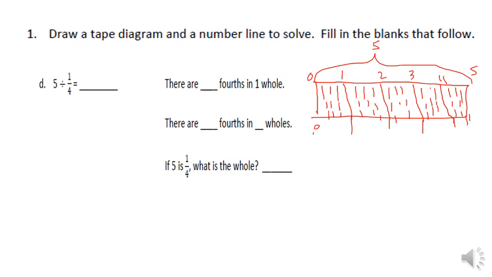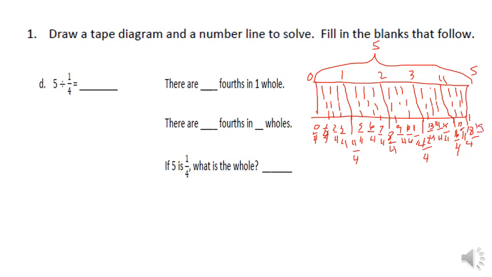Okay, now we name them as 0 quarters, 1/4, 2 quarters, 3 quarters, and the long ones are 4 quarters, which equal 1, 5 quarters, 6 quarters, 7 quarters, and 8 quarters, which equals 2, 9 quarters, 10 quarters, 11 quarters, and 12 quarters, which equal 3, 13 quarters, 14 quarters, 15 quarters, and 16 quarters, which equal 4, 17 quarters, 18 quarters, 19 quarters, and our last one